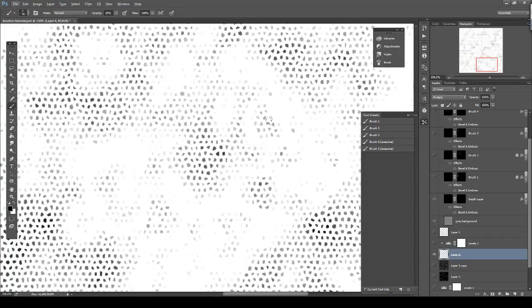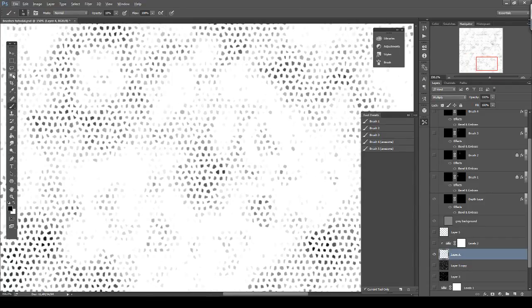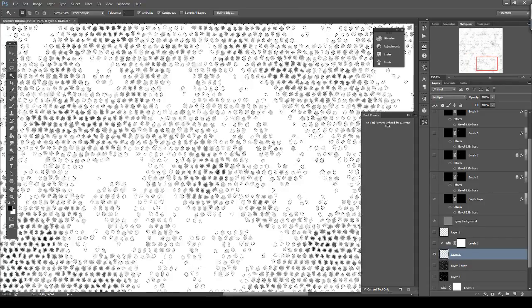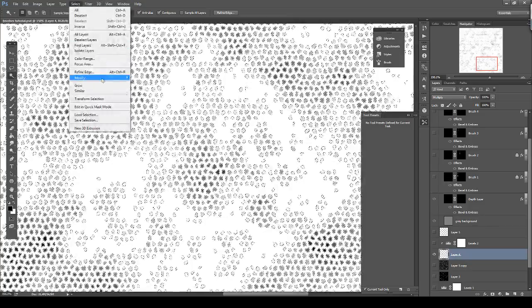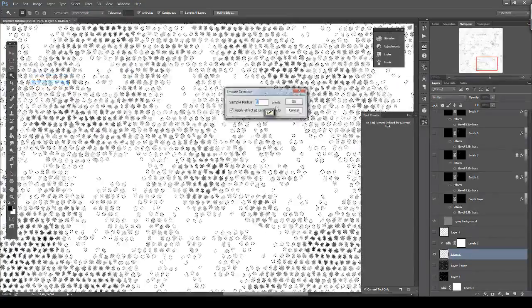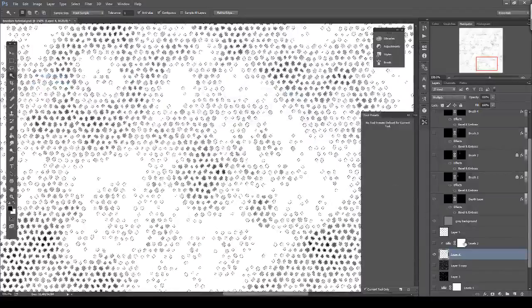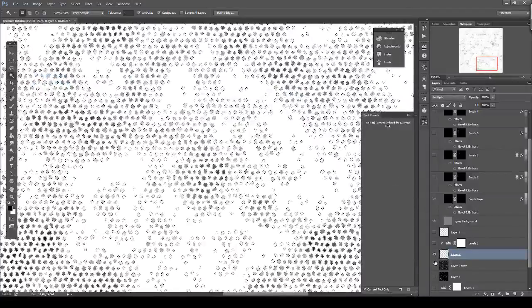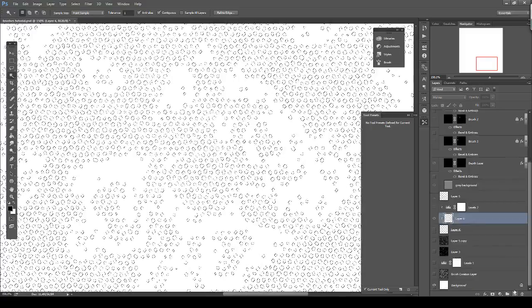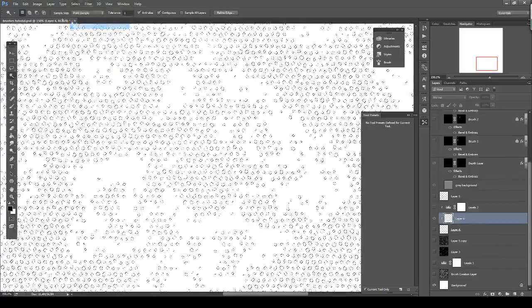What we also can do is select, smooth them out a little, so we get some more smoothed circular objects. Alright, let's hide this one. Inverse the selection,